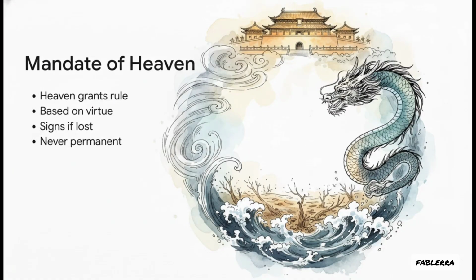And we definitely have to look at another key philosophy here, the Chinese Mandate of Heaven, which was established during the Zhou dynasty. This was huge. It provided a cyclical, stabilizing framework for absolute dynastic rule. Basically, heaven grants the right to rule based entirely on the emperor's virtue. If he loses that virtue, the heavens send signs. Think catastrophic floods or famines, meaning no single dynasty has a permanent right to rule. It was essentially a brilliant way to justify the cyclical rise and fall of absolute rulers.